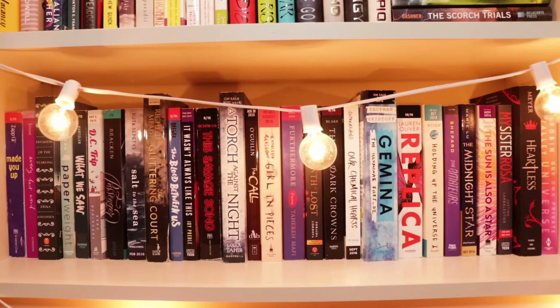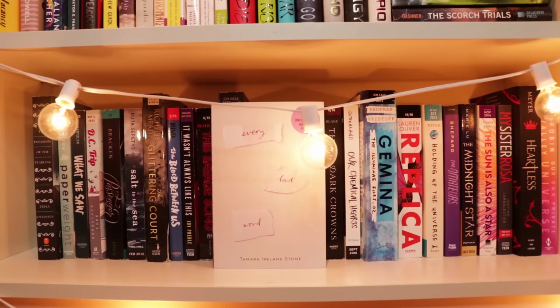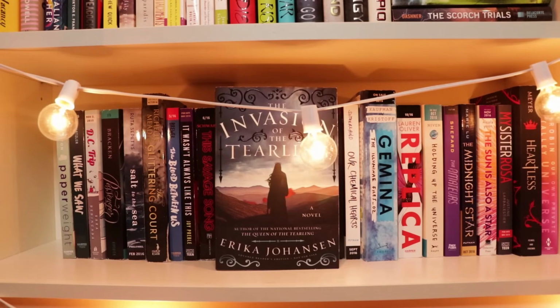And we finally made it down to my bottom two shelves. Again, these are both ARC shelves. These are the older ones. So this shelf starts at May 2015 and goes until January 2017. Made You Up by Francesca Zappia, Every Last Word by Tamara Ireland Stone, The Invasion of the Tearling by Erika